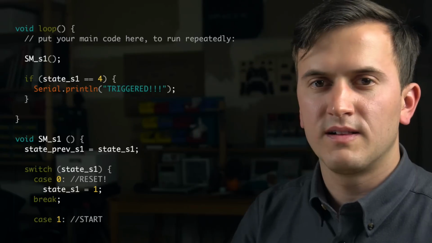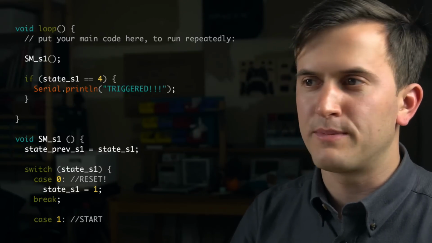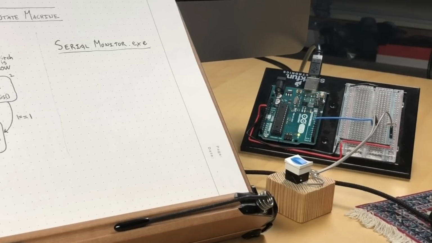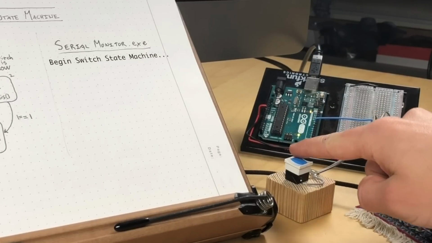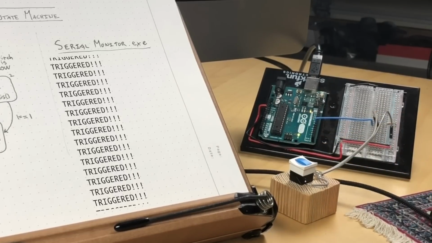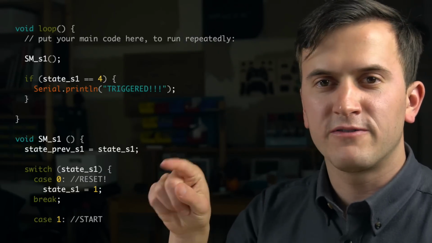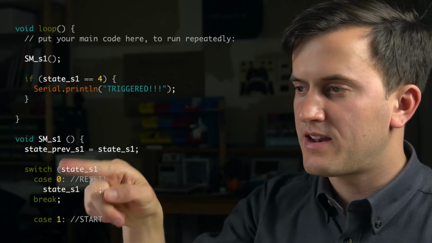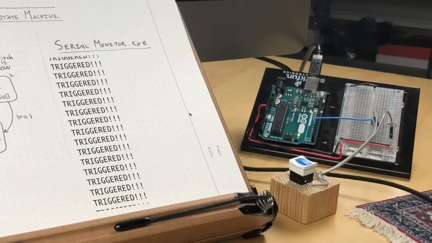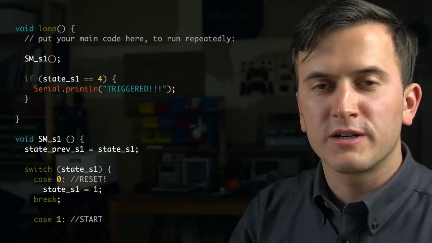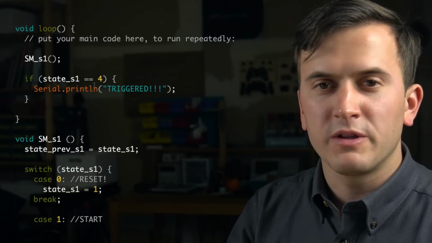Triggered. Let's upload this to Benjamin and see what happens. Pushing button. That did not go as expected. We expected to have one trigger for every button push, and here I can see that we have 20 or 30 something triggers. One advantage of working with a state machine is that there's a really good way to debug your problems,